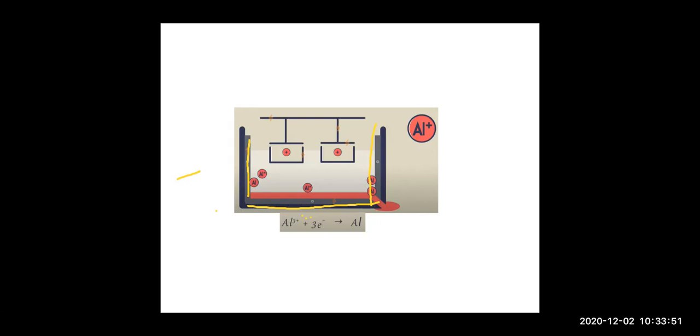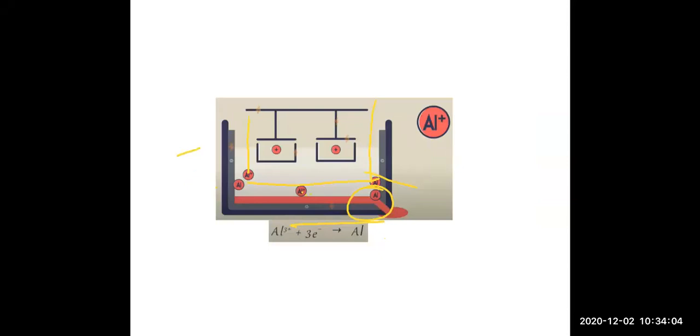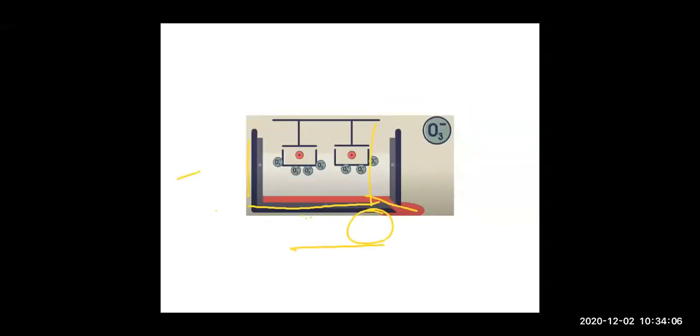And that aluminium will be provided with 3 electrons from the cathode and it will form the pure aluminium atom, which is collected from the bottom. Right children? So aluminium to collect ho gaya. Right children? Now, ab bologe ma'am, but one more thing was decomposed and that was O3 minus.